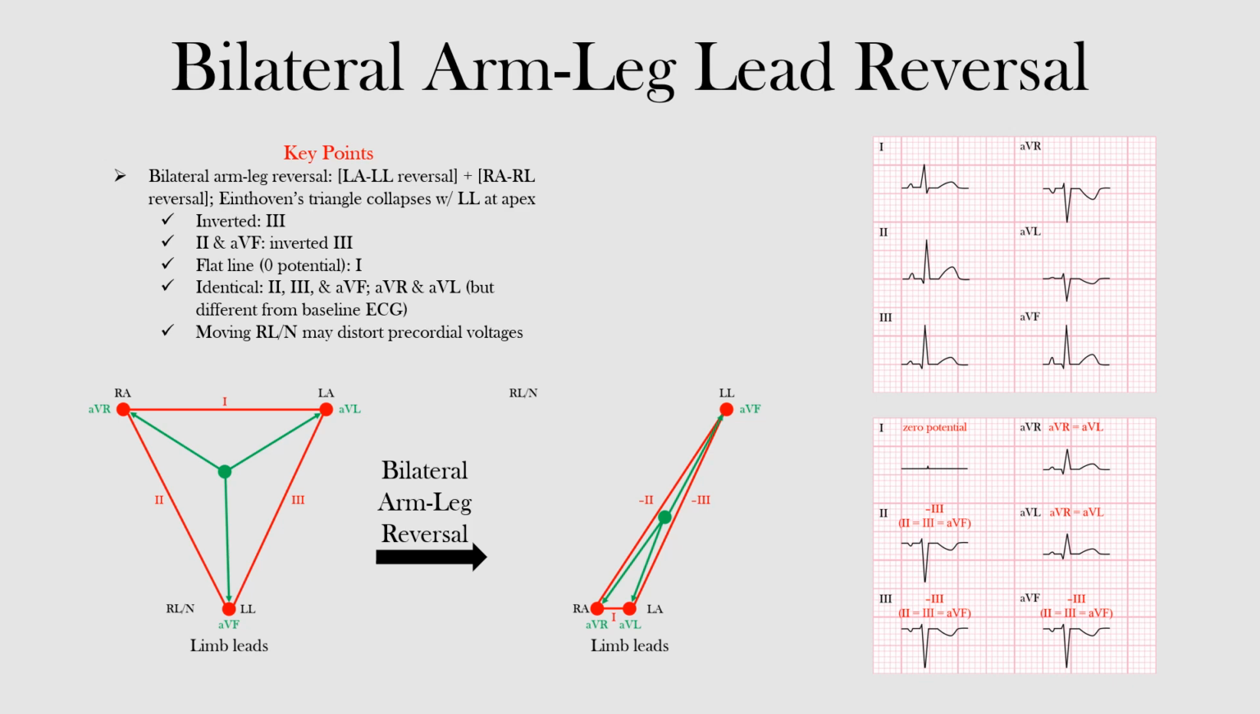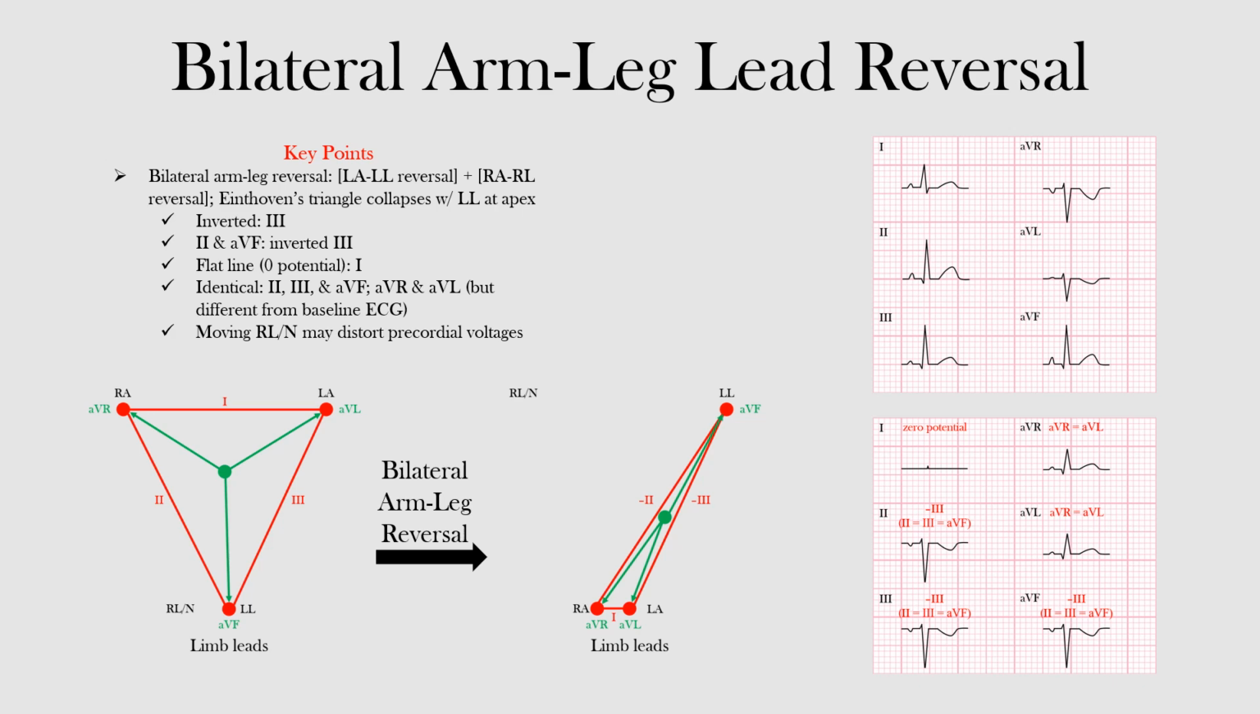Here we'll be looking at what happens when there is bilateral arm-leg electrode reversal. This means that the electrodes on each arm are switched with their corresponding leg electrode. So the left arm and the left leg electrodes are reversed, and the right arm and right leg electrodes are reversed. In this case, Einthoven's triangle collapses to a very thin slice, with the left leg electrode being at the